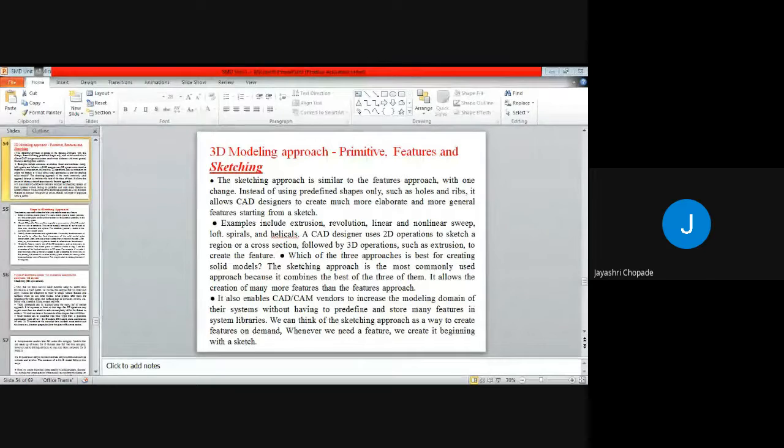The sketching approach is the most commonly used approach because it combines the best of the three of them. Instead of using the primitives and features, sketching is most important, because whatever product or object we want to create, that may be created in 2D with the help of sketch. So it enables CAD/CAM vendors to create the modeling domain of their system without having to predefine and store many operation features in system libraries.